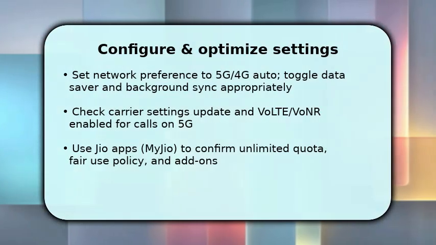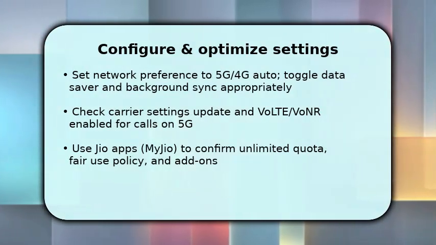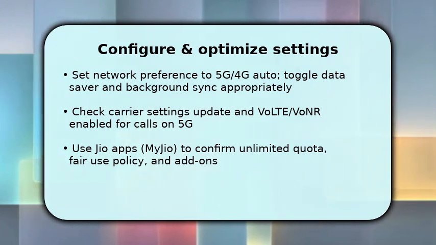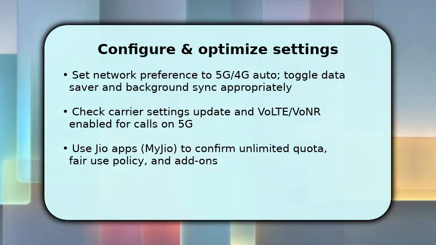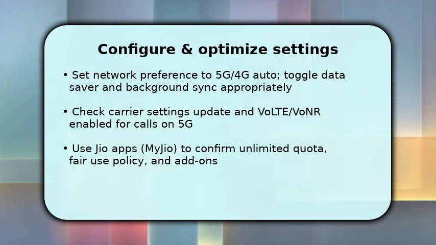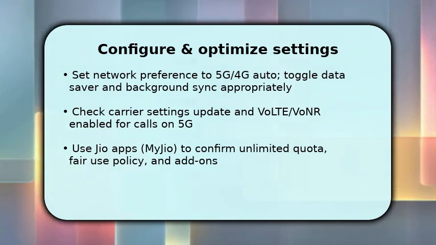Now configure and optimize. You should set preferred network to 5G/4G auto so the phone switches seamlessly. Disabling aggressive data saver helps apps run on background data. Make sure carrier updates are installed and VoLTE or VoNR is enabled so voice calls work over the